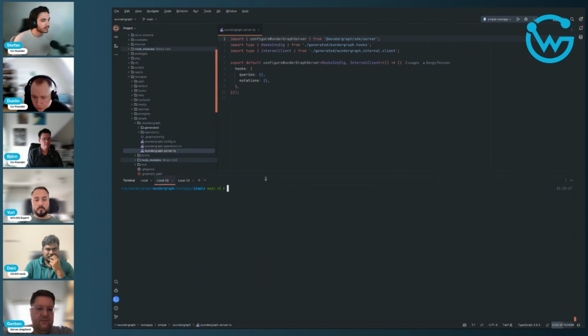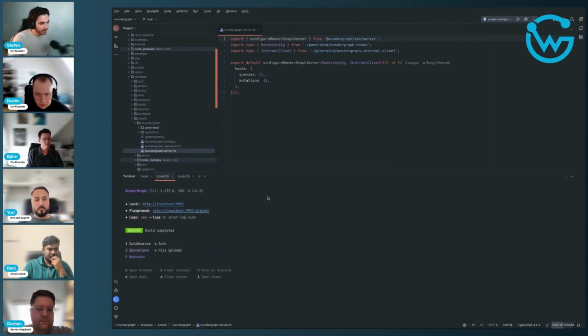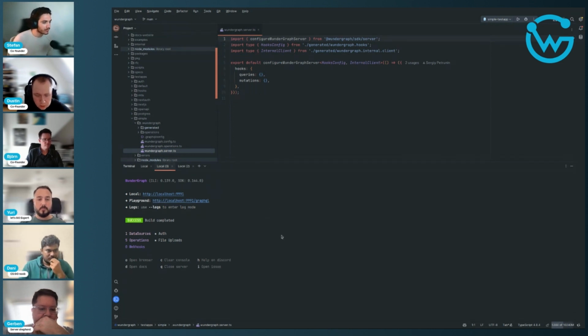So we have worked on an improved version of our CI experience. How it will look: you just need to run pnpm dev, and the next time you upgrade the WunderGraph SDK, you will start the TUI, the terminal user interface. Before that, you saw a lot of logs in debug level mode, and it was super hard to figure out what's the actual context, what's going on. And now you get a beautiful overview of your